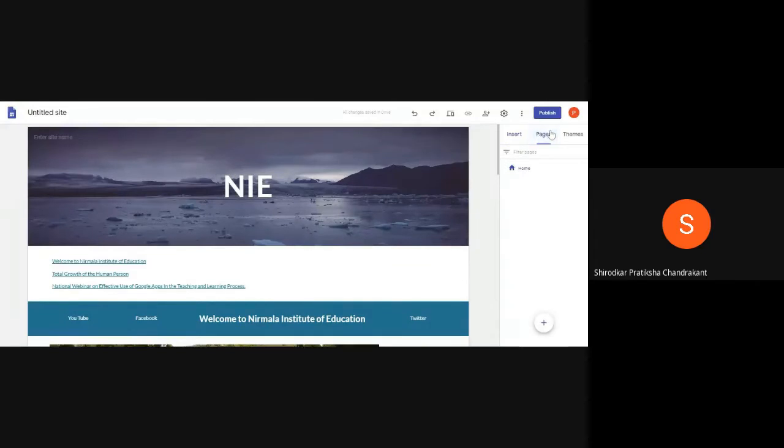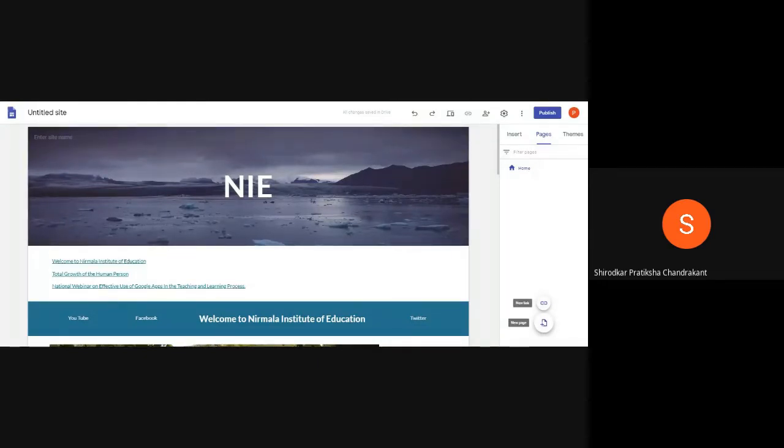When I click on the Pages tab, you will get a very simple interface wherein you can see a home button here. After that a blank space will be there, and just at the end of it you can see a plus sign. When you move your cursor to the plus sign, there are two things which will be active. The first one is new link. If you want to add a new link, that plus sign will allow you to add a new link to the site, or you can create a new page, which is a very important thing, because a website will have not only one page or home page, it will have various pages.